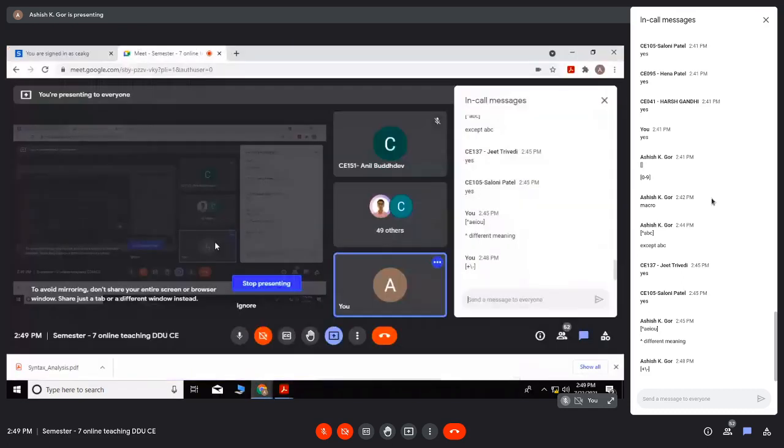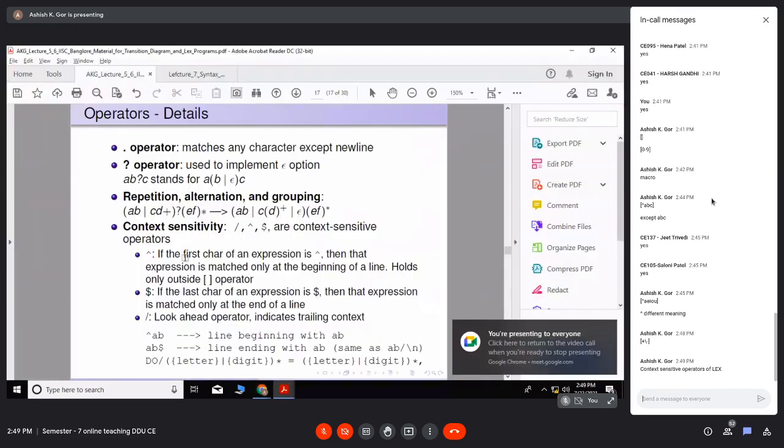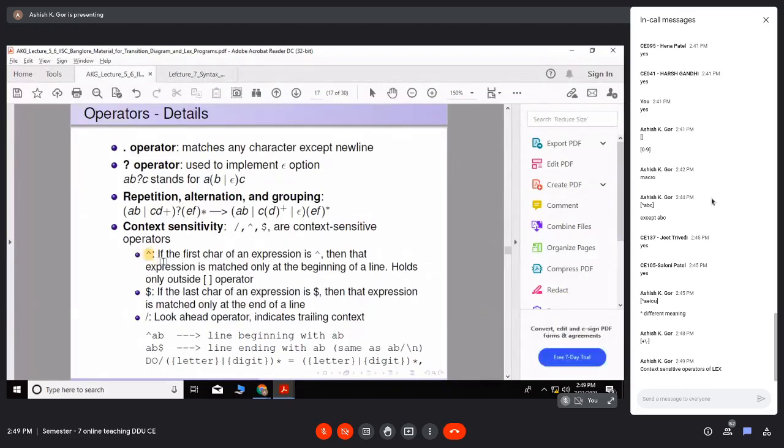Now there are a few operators which are context sensitive. So remember, context sensitive operators, very important. As I mentioned, this caret is first, because it has a different meaning if it is within square brackets, and a different meaning if it is just like this, not in square brackets.